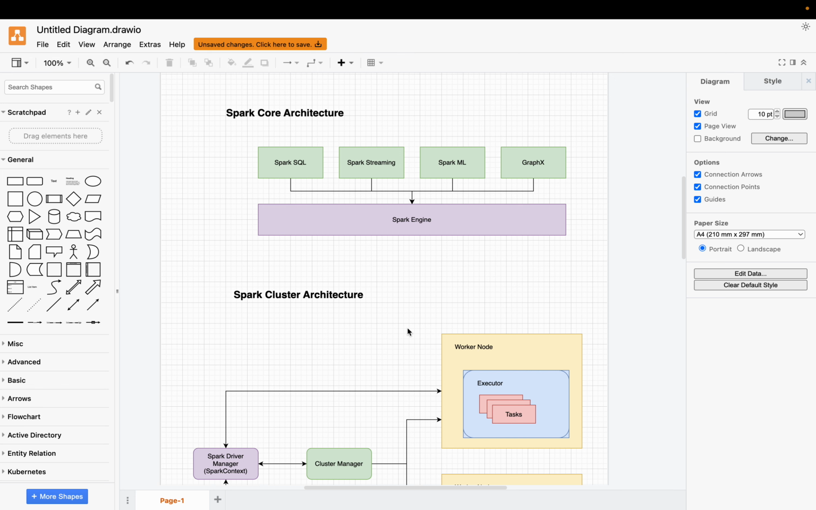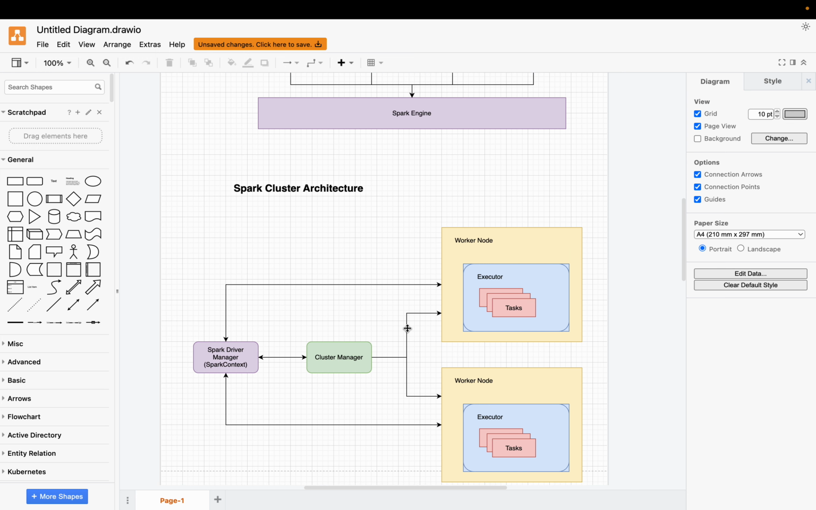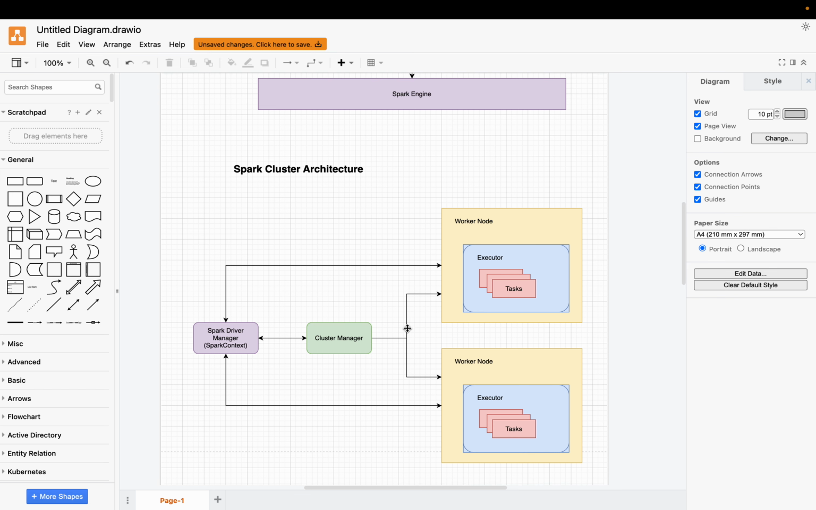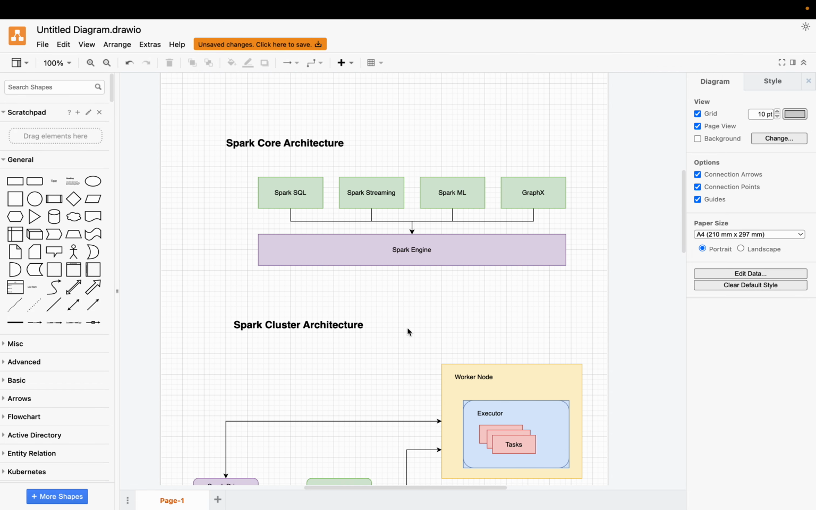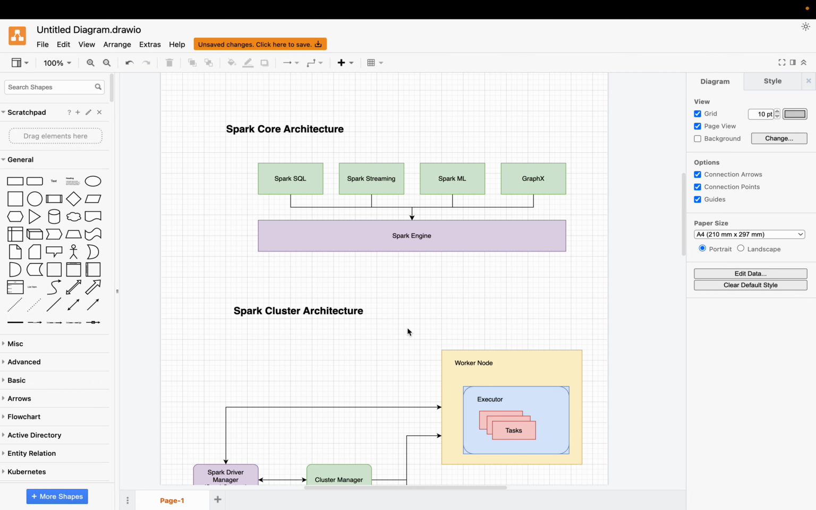We are going to start a new series on Apache Spark. Before we touch base with the actual concepts of Apache Spark, I would like to introduce you to the Apache Spark core architecture, how a Spark cluster would look if you spin one up, and why we actually need Spark. These are the three concepts that we are going to see in this introductory video, and going forward we'll see the in-depth Spark series. So with that note,